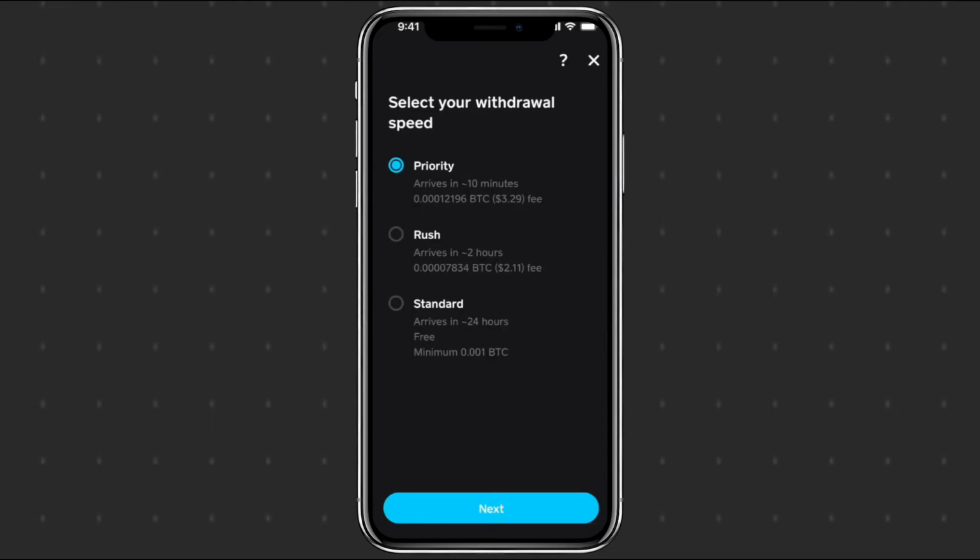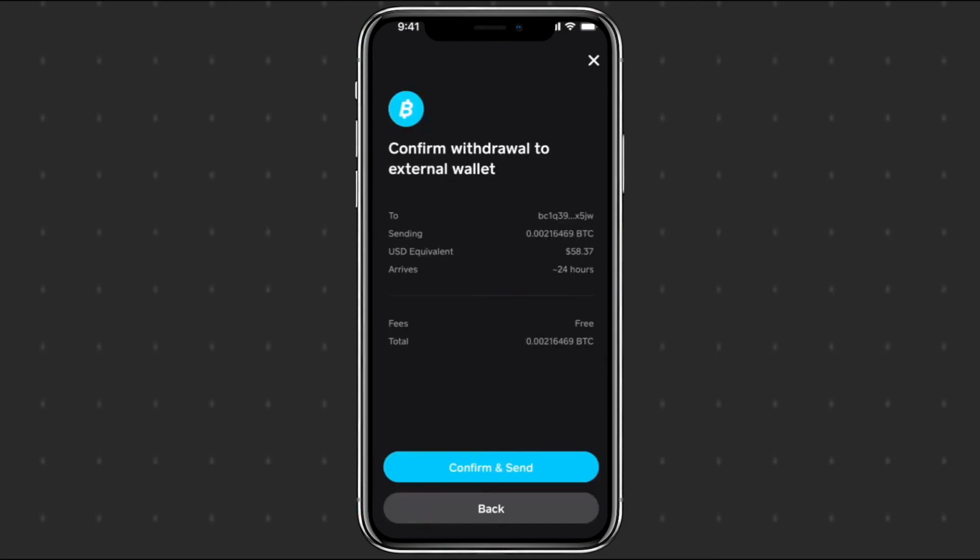You can choose between a small rush fee, a standard fee, or no fee at all for standard transfers. Since I'm not in a rush, I'll go with the standard option, which is free. Then tap Next. Now you'll see the final order details, including the wallet you're sending to, the amount in Bitcoin,